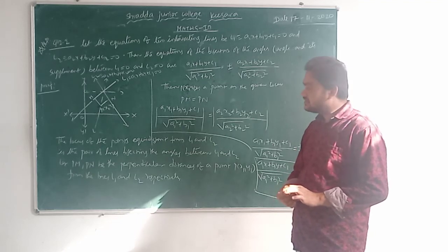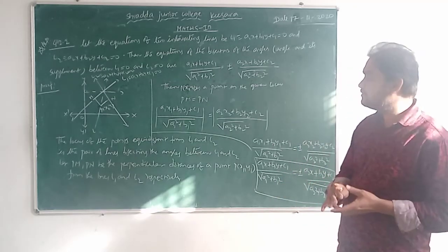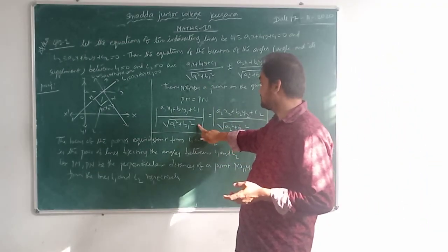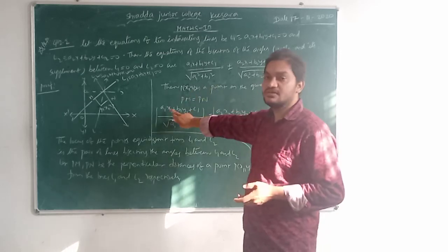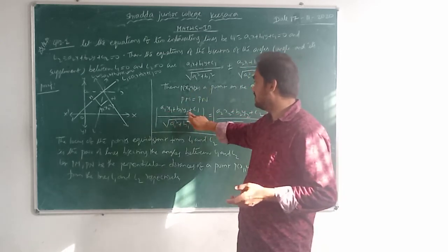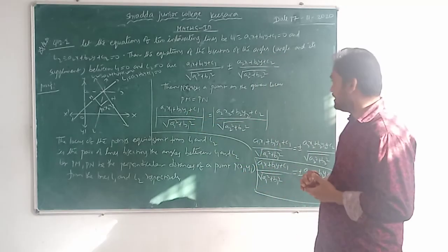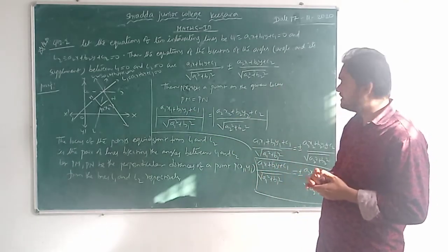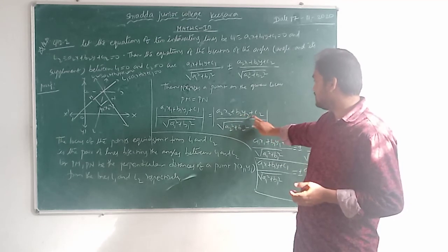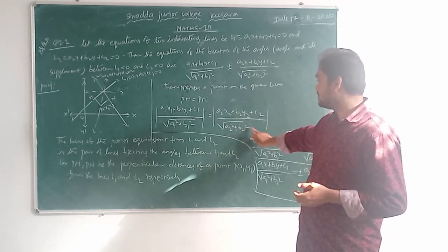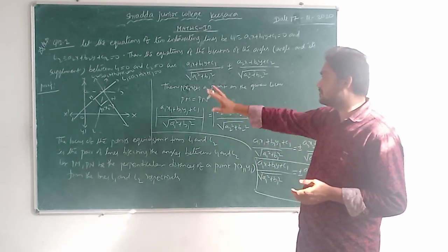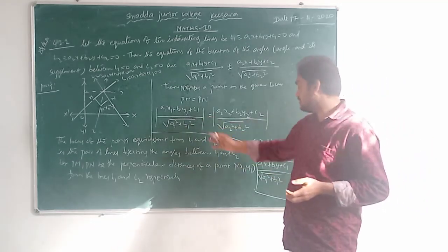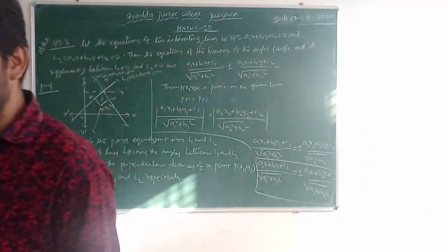Already we know the formula. The length of the perpendicular distance from a point to the line is a1x plus b1y plus c1 by square root of a1 square plus b1 square. This is for the point x1, y1: take x1 in place of x, y1 in place of y. And next, PN means, here also apply the length of the perpendicular distance from the point to the second line: a2x2 plus b2y2 plus c2 by square root of a2 square plus b2 square. This line is passing through which point? That is x2, y2. Now see here, remove the modulus, you are getting the plus or minus symbol.